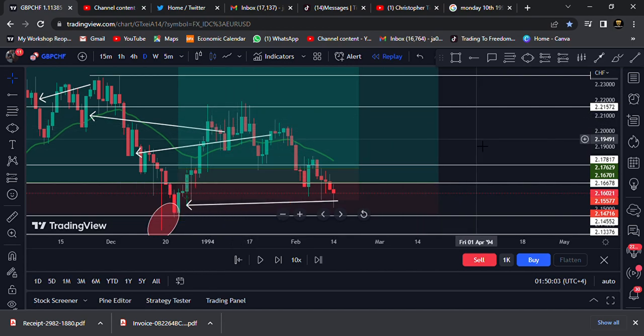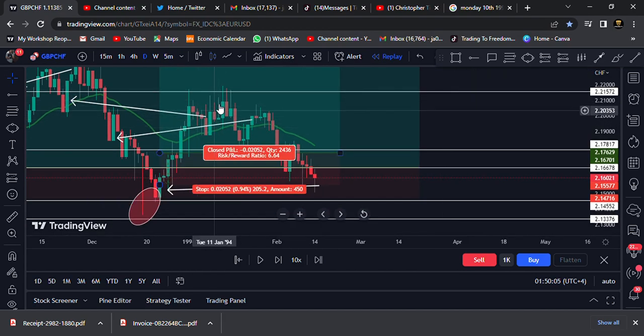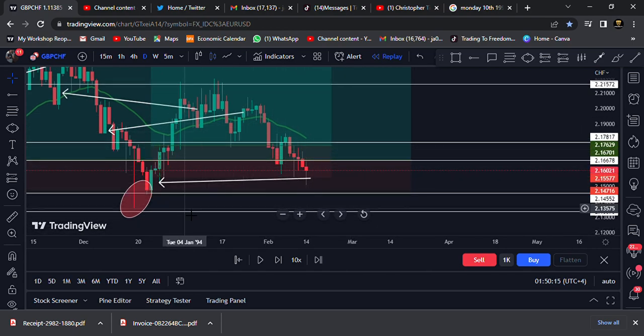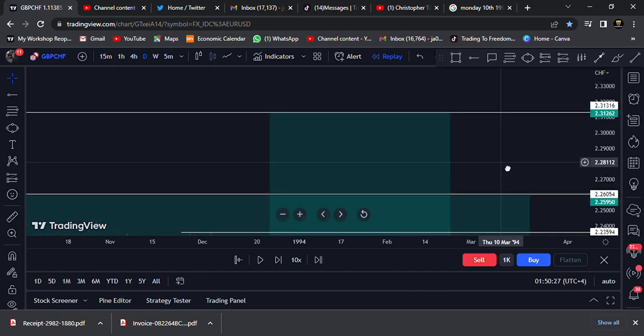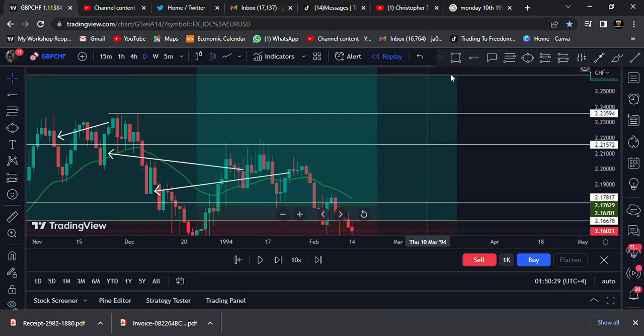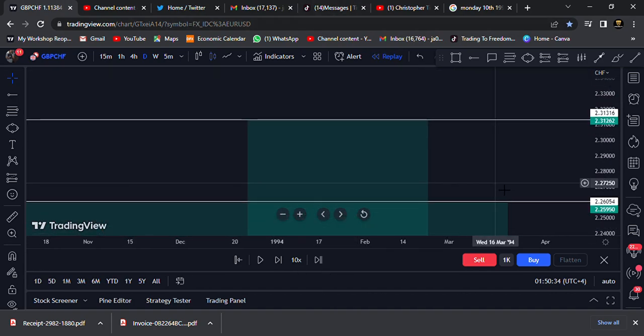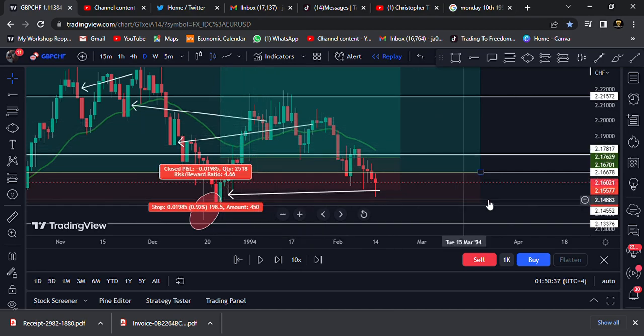So then it did reject a second time. That is so many rejections. That's how the market did come back. So all in all, it was actually a good trade. We just needed to get out at the right time instead of being greedy and thinking the market is going to come right up here. Of course, the market is not just going to go straight there. So giving us this amount of pips,